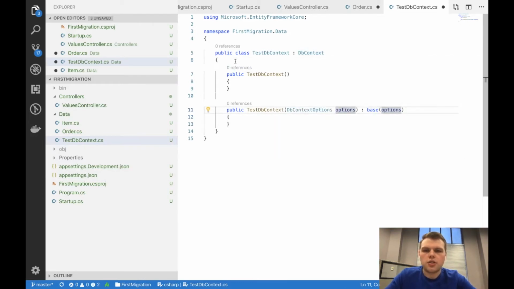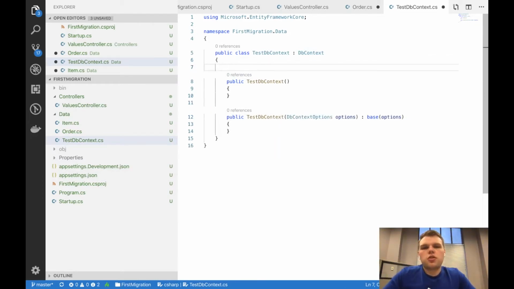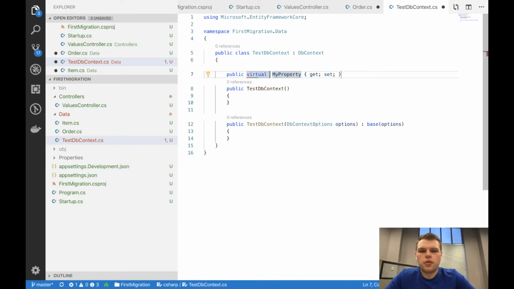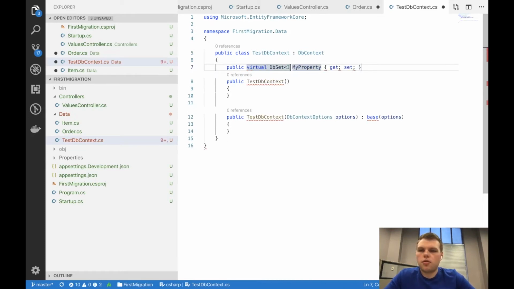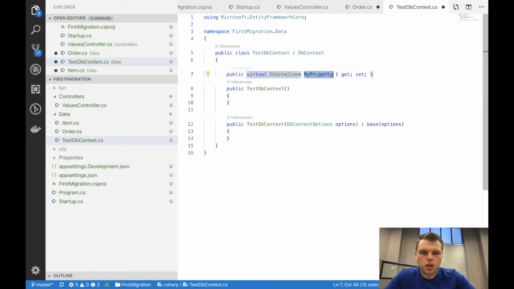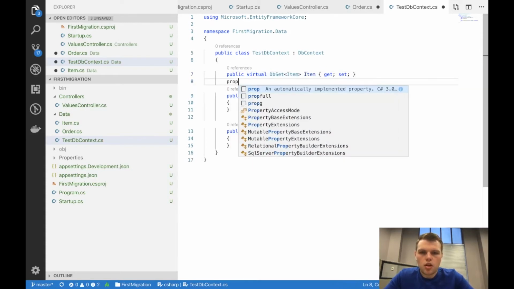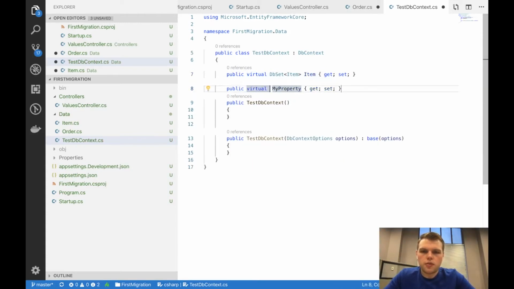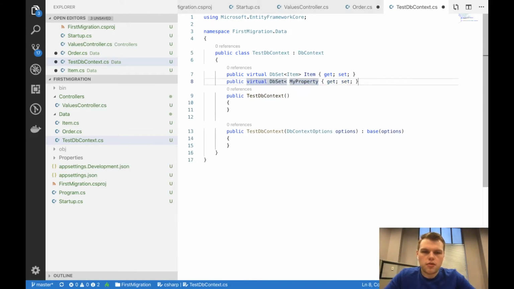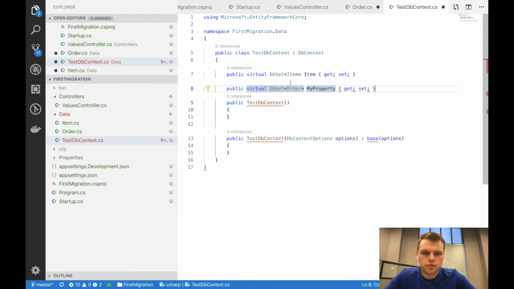our DB context. What we're going to do is we're going to create our two DB sets. This is going to help create our tables. So these are just properties. So we're going to create a virtual DbSet for item. Let's call it item. And then we're going to create a virtual DbSet for order. Let's call it order. And then what we're going to do is we're going to